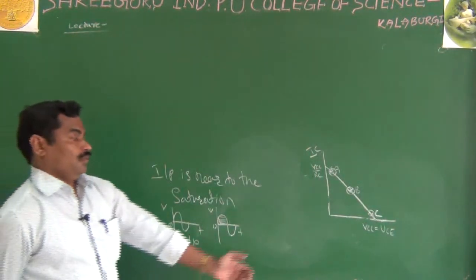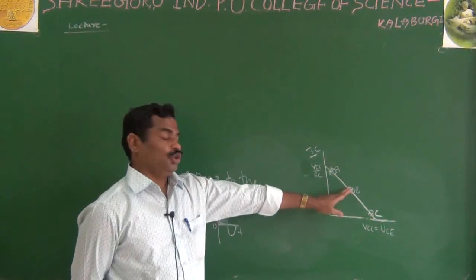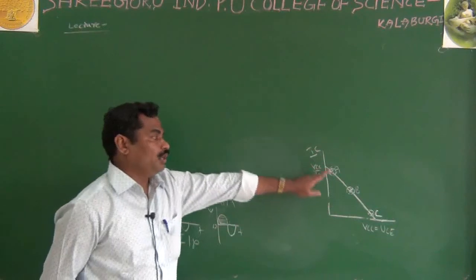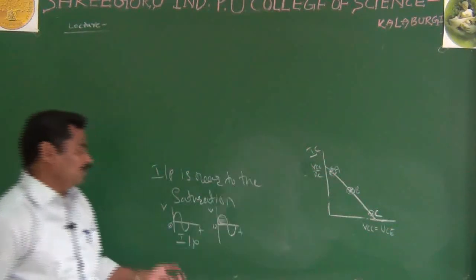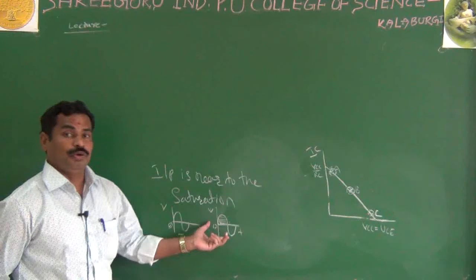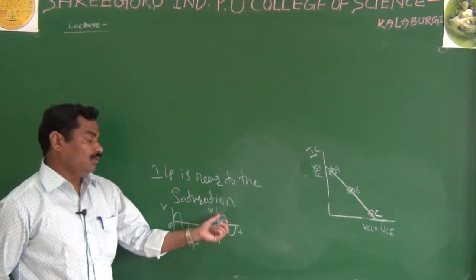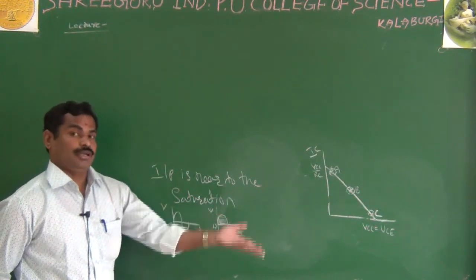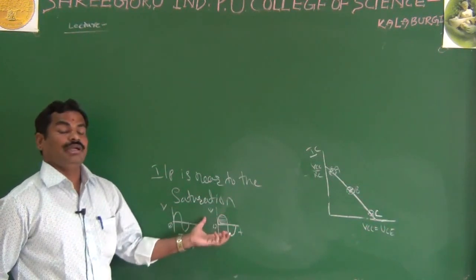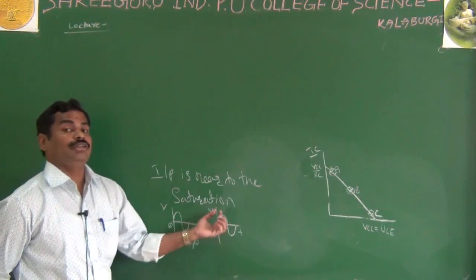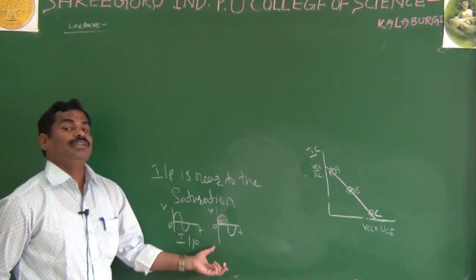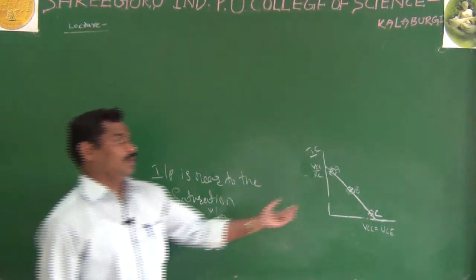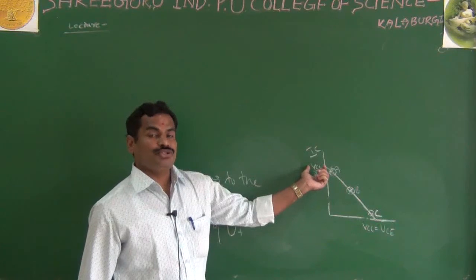The thing is that we give more importance to the Q point being in the middle of the active region, because if the Q point is near to saturation and you apply the input signal, what will the output be? You will get only the negative half cycle. The positive half cycle will be clipped. In other words, you will get distortions. You are not getting the 100% output. Right? That's why we do not prefer the Q point to be near to saturation.